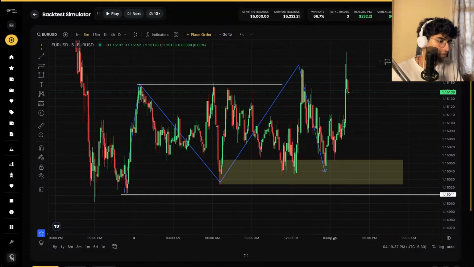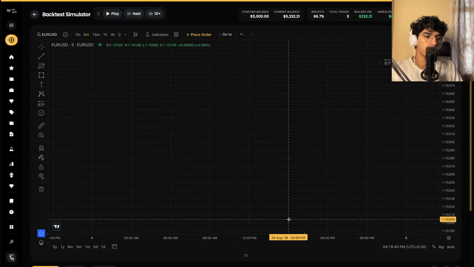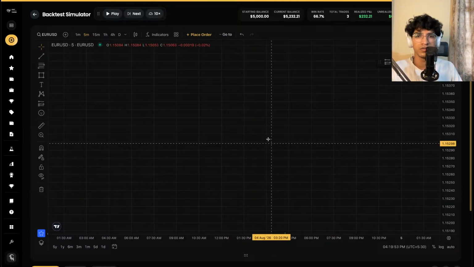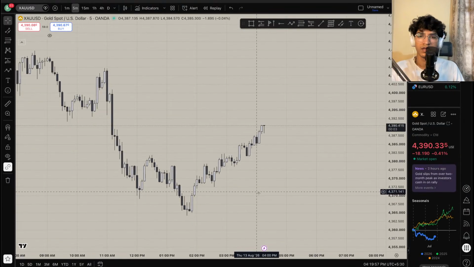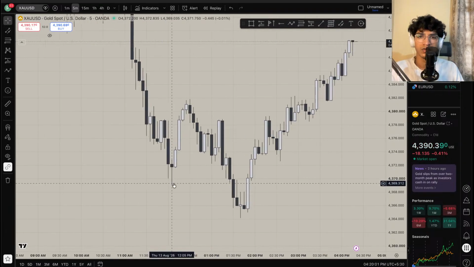So this is how you do it. Which pair do you suggest to trade other than gold, and which do you personally trade? That's the best question you could have asked, and I will also tell you the reasons what you need to trade. Okay, so what I used to trade was gold. You know what, if I show gold में जो entries बन रहे हैं, जो देखो gold में you can